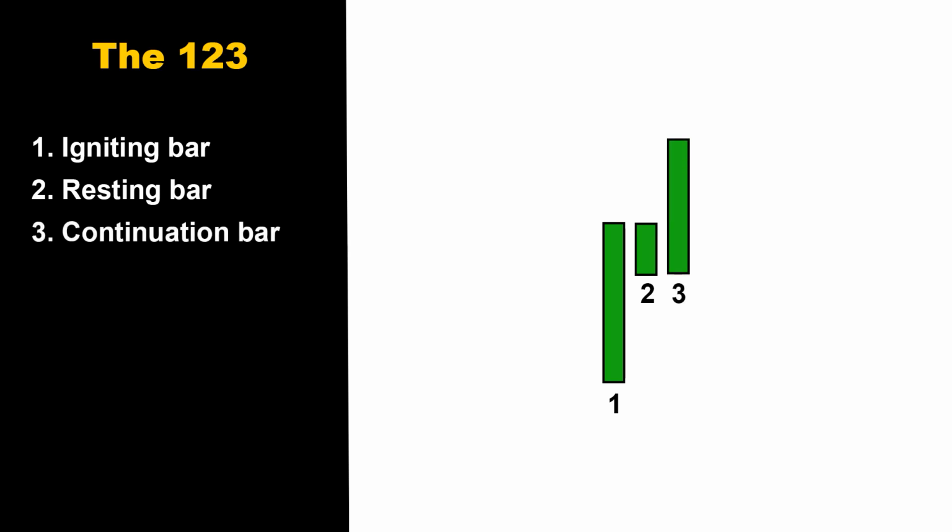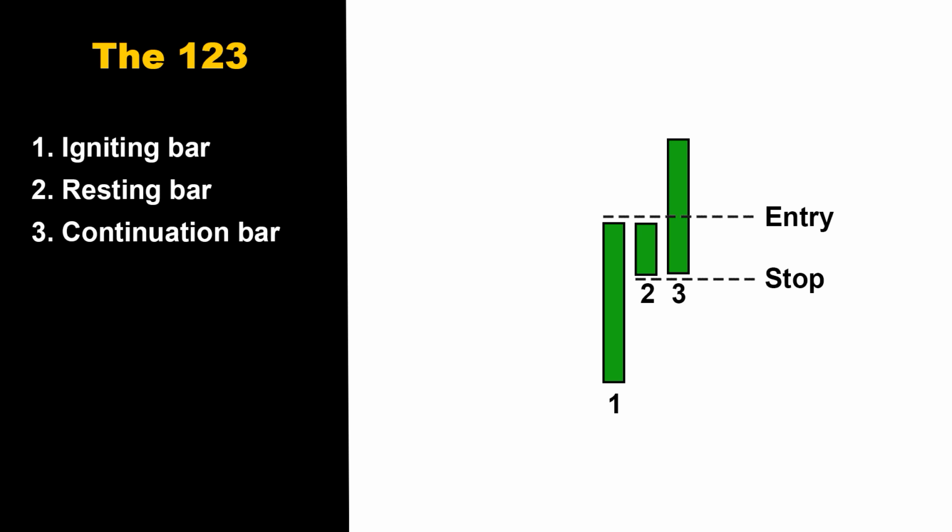The 1-2-3 is very simple. It's a 3-candle pattern. The first bar is the igniting bar, meaning a bar that starts the move. And then the second bar we get is a resting bar. And then the third is where we would enter for the continuation bar. So we call it the 1-2-3. The entry is above the last 2 bars' high, and the stop is placed under the second bar or the